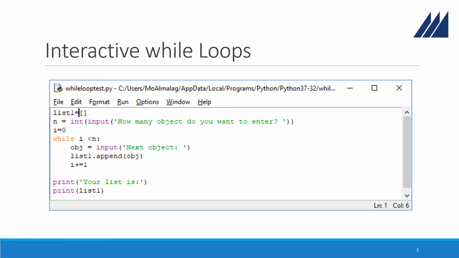Here's an example. In this interactive while loop, we first ask the user to enter how many objects they want to have in the list. Before that, we created an empty list, and this empty list has 0 items. Then we initialized a variable that will help us get out of the loop. So if the user, for example, inputs the number 5, we say while 0 is less than 5, ask the user for the object,